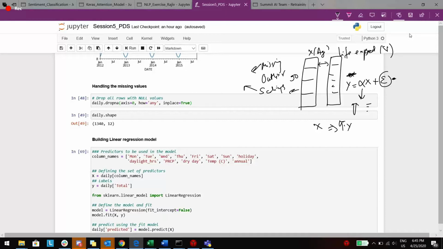And then we normalize our data as well, right? Subtract the mean and divide by standard deviation. Yes, that we will do at the end, once we figure out all these variables which we are going to fit into our model. At that time, we will do the scaling or normalization.